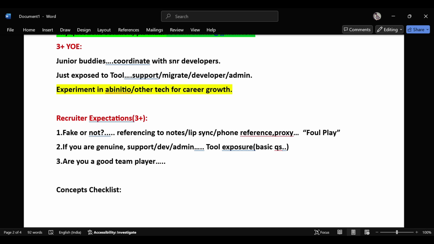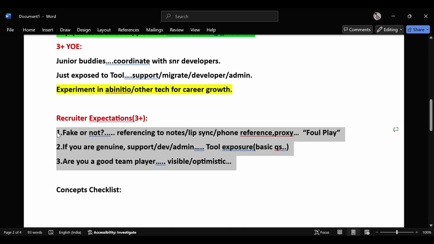It's visible in your interview, how well you perform and how optimistic you are. Even if you don't know a question, you can turn it into another question. For example, you can ask, can you give me another use case, or can I give you another solution that I know. You should be highly optimistic. So these are the 3 points. Make sure you don't go to this area.